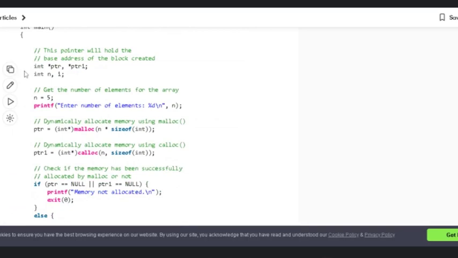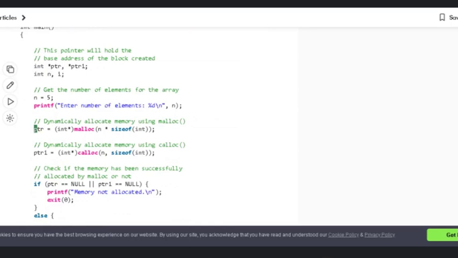You can see over here, 2 pointer variables are taken in this case, ptr and ptr1. Then we have 2 integer variables, n and i, where n is 5, which represents the number of array elements.